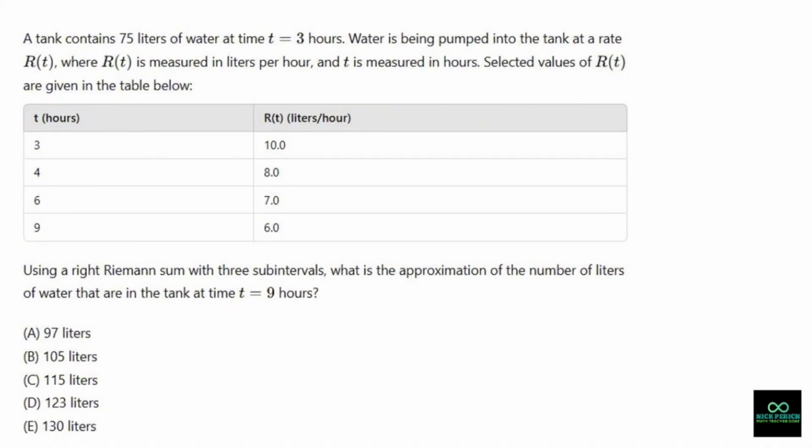All right, let's draw a very poor picture of what this could look like. Here's 3, here's 4, here's 6, here's 9. At 3 we're at 10. At 4 we're at 8. At 6 we're at 7, and at 9 we're at 6. Right Riemann sums are going to take the right side of each interval, so we are going to calculate not that one, but that one,